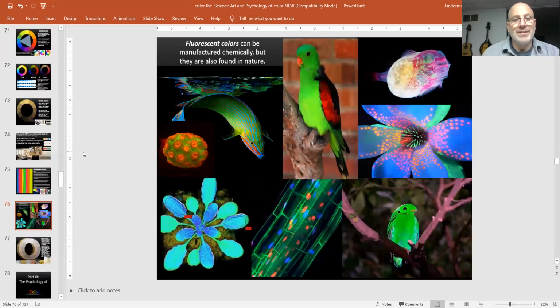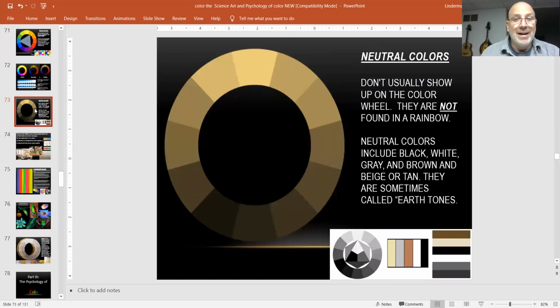Now, these last few we're getting into are kind of outside the norm of the art of color, but these things happen. Like neutral colors. There's actually no colors here. These are not colors you would see in a rainbow. You're not going to get these in a box of colorful crayons, but they exist. They're black, white, gray, brown and tan. You're never going to see those in a rainbow. And if you can't see it in a rainbow, it's a neutral color. If it's not on a spectrum, if it's not in a color wheel,